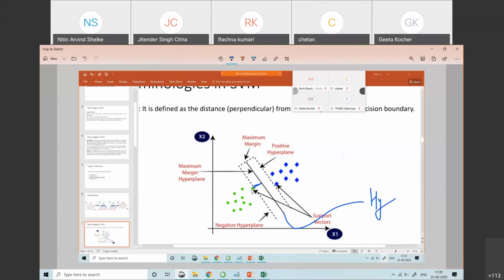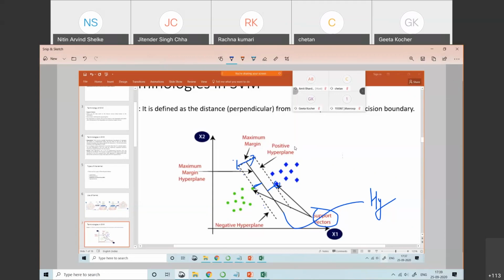Similarly, for this class, this support vector is nearer to the hyperplane. So these are my support vectors, and then we'll draw the dotted line from the support vector, and this will become your margin.